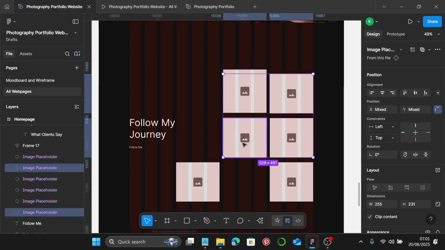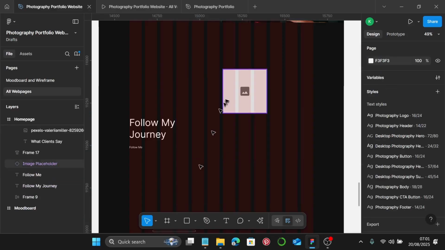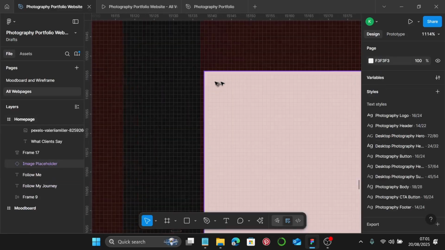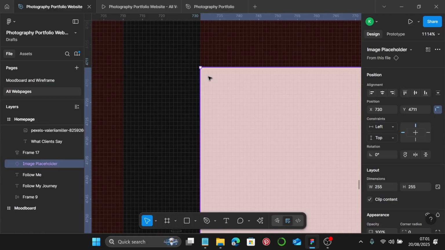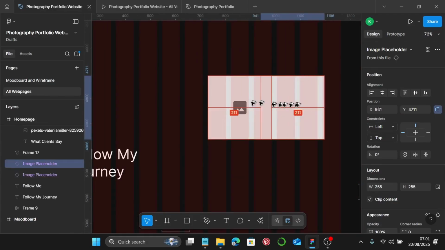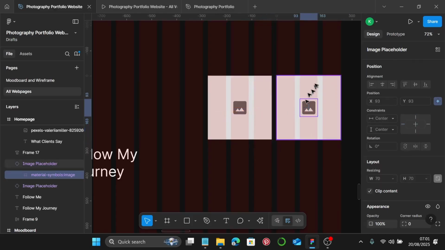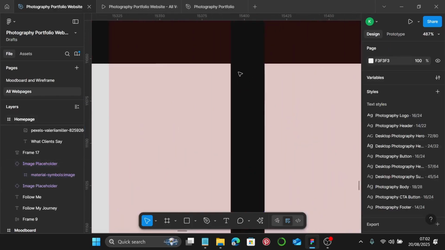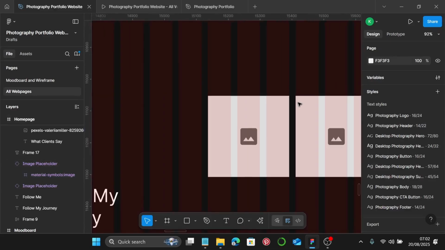I'm just going to select all of this. Let's build it out first, and then we'll bring in our images. It's supposed to be aligned to this column. I'm going to create another copy here, and I'm going to make sure it's aligned to these other